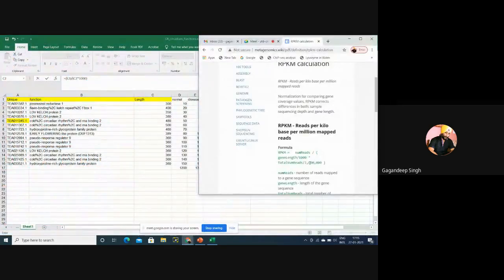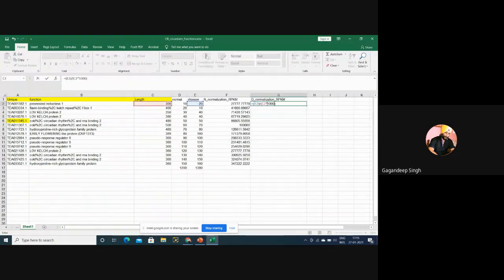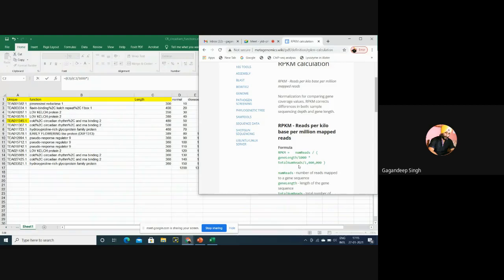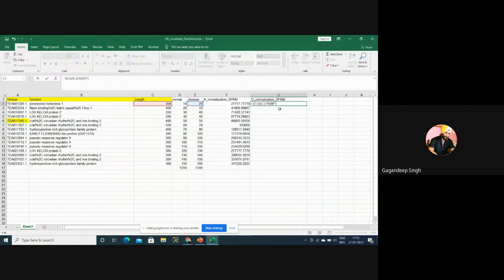And then, not into, this is gene length divided by 1000. This is gene length divided by 1000 into total number of reads and 10 raised to power 6 into total number of reads.